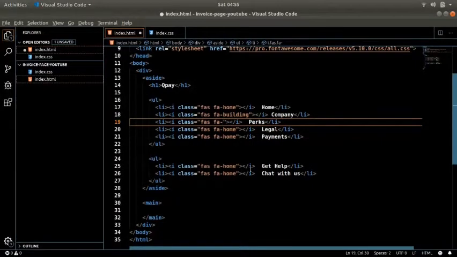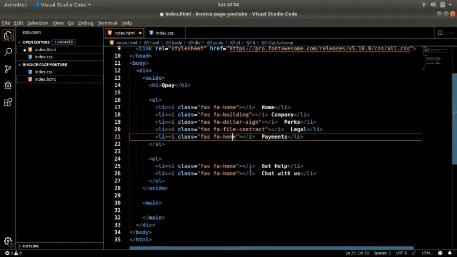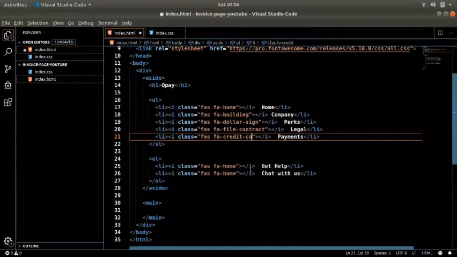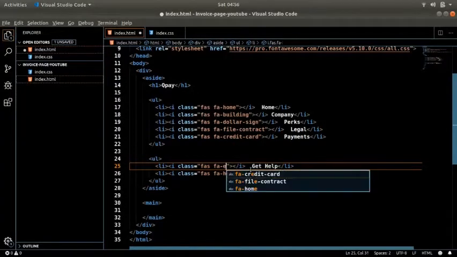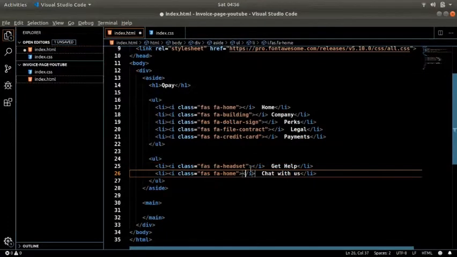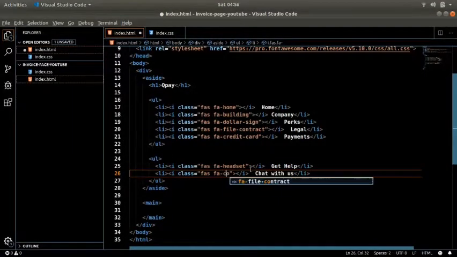For perks, I will be using dollar sign, and for legal, we have file contract, and for payments, we have credit card. Okay, and for get help, we have a headset, and for chat with us, let's show it with comment.